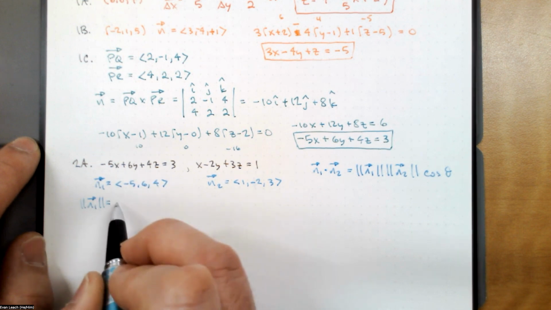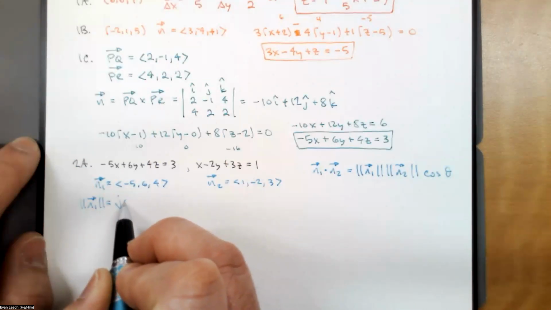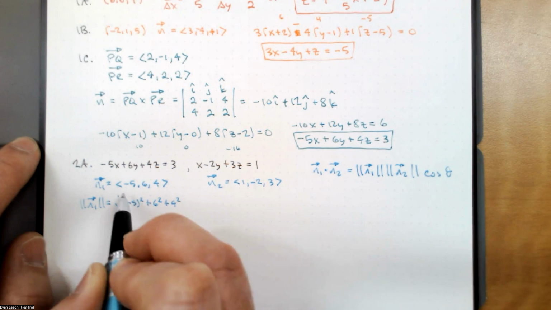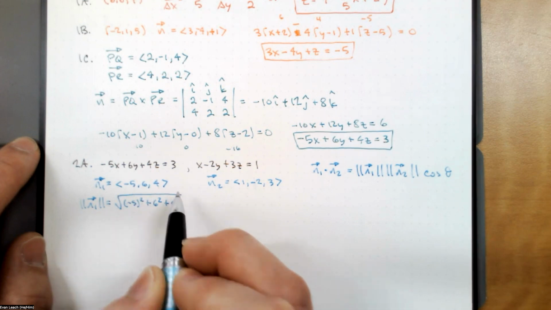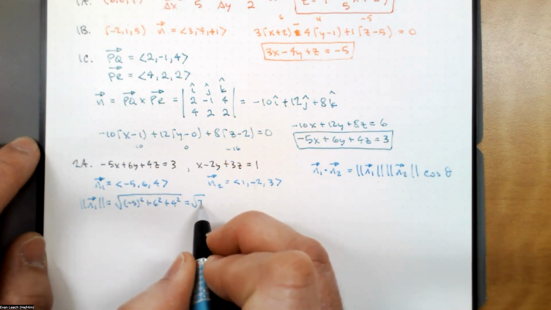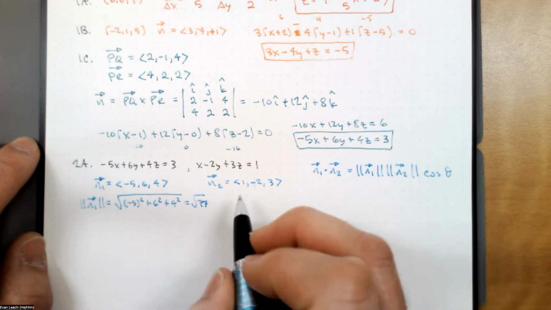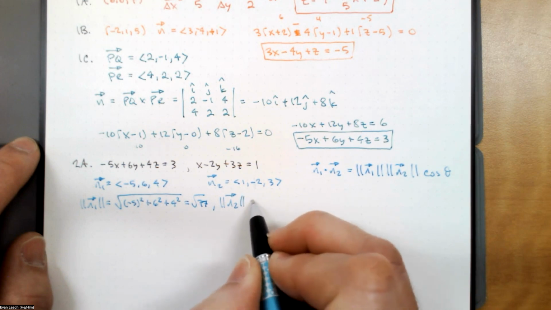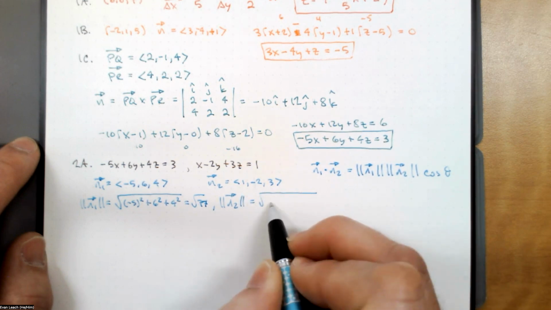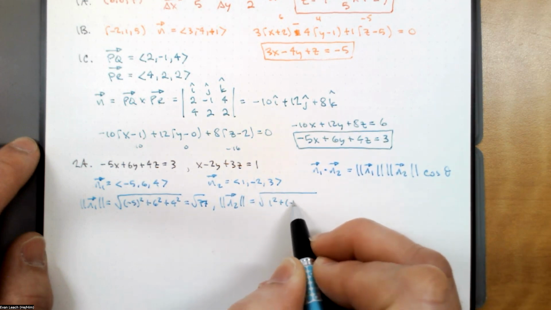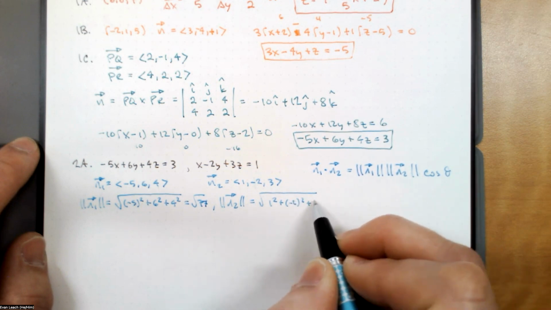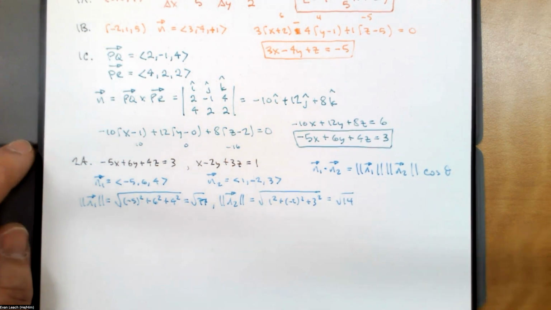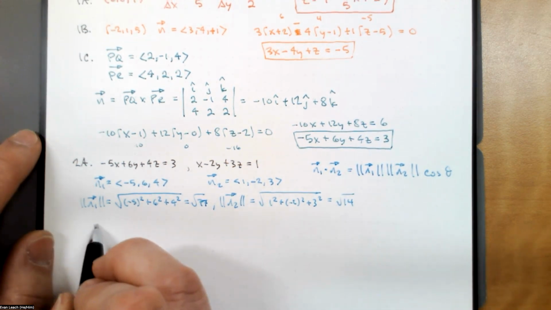The magnitude of n1 is going to be the square root of -5 squared plus 6 squared plus 4 squared, the square root of 77. And the magnitude of n2 will be the square root of 1 squared plus -2 squared plus 3 squared, 14. And n1 dot n2